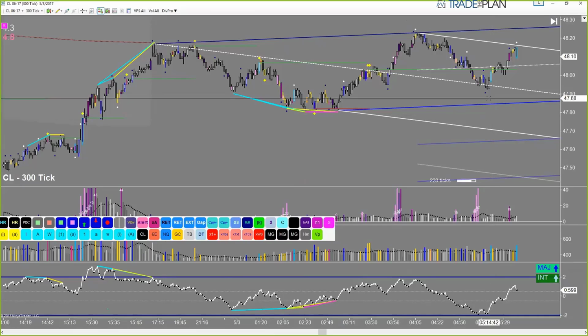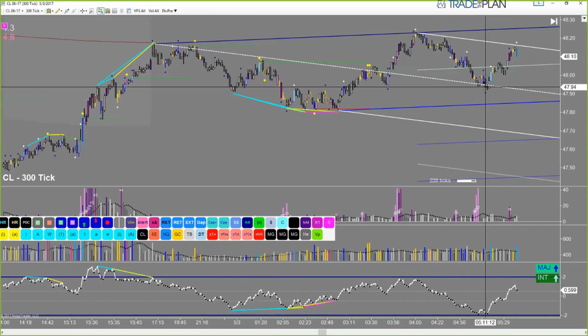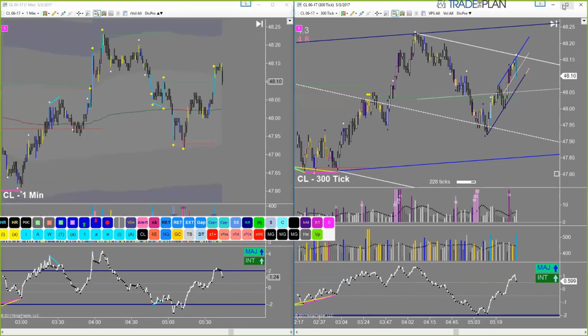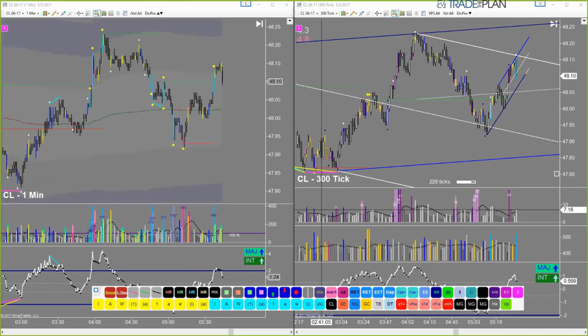Okay, we've got a downsloping upper median line right here as well. And then it looks like we've got a tiny little ABC up right there. You see that? And what do we have at the end of that on the 1 minute? You got a big buying climax, 500% normal volume, followed by a churn bar, then it drifts up on really low volume. And then once it hits that line, that obvious area,